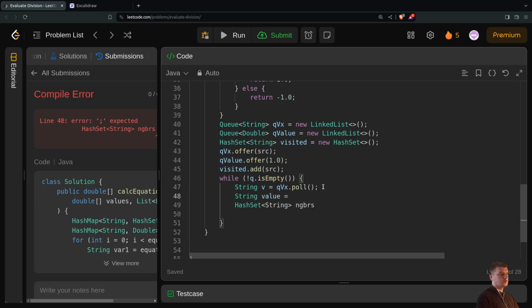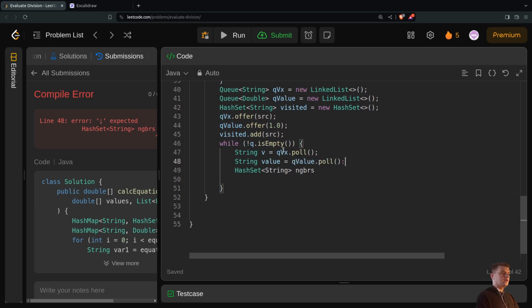value, queue value dot poll, and while queue vertices not empty, have neighbors equals g dot get v. If neighbors equals null, I'm gonna continue, else for neighbor in neighbors